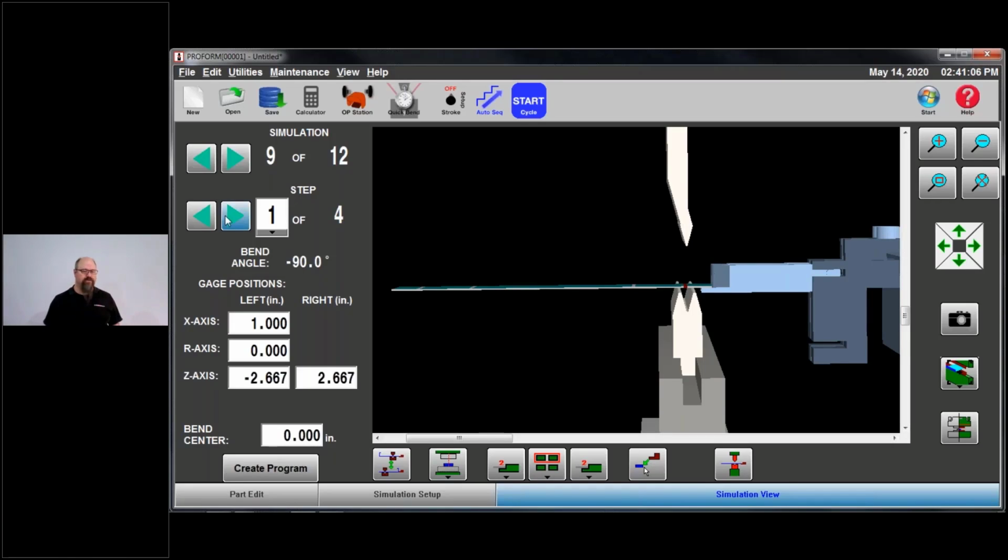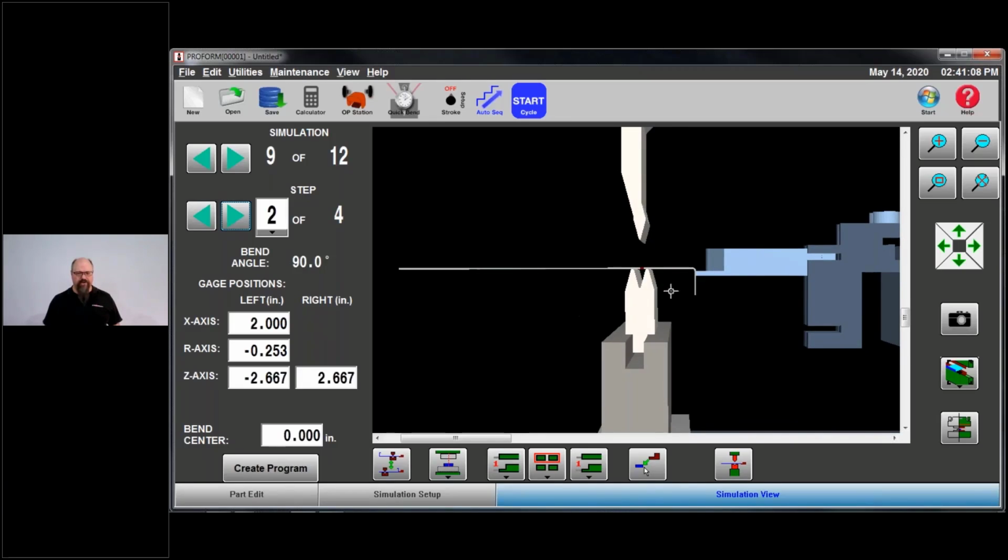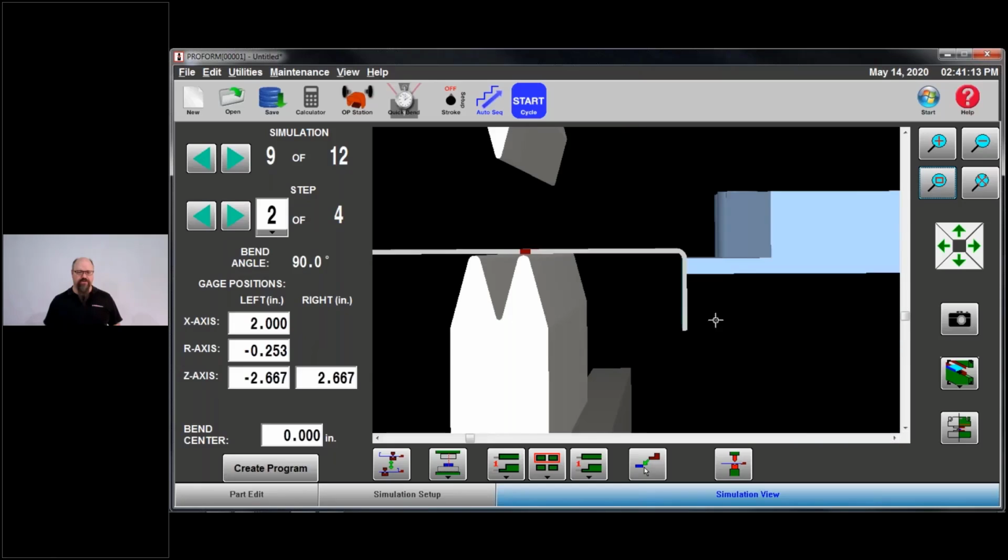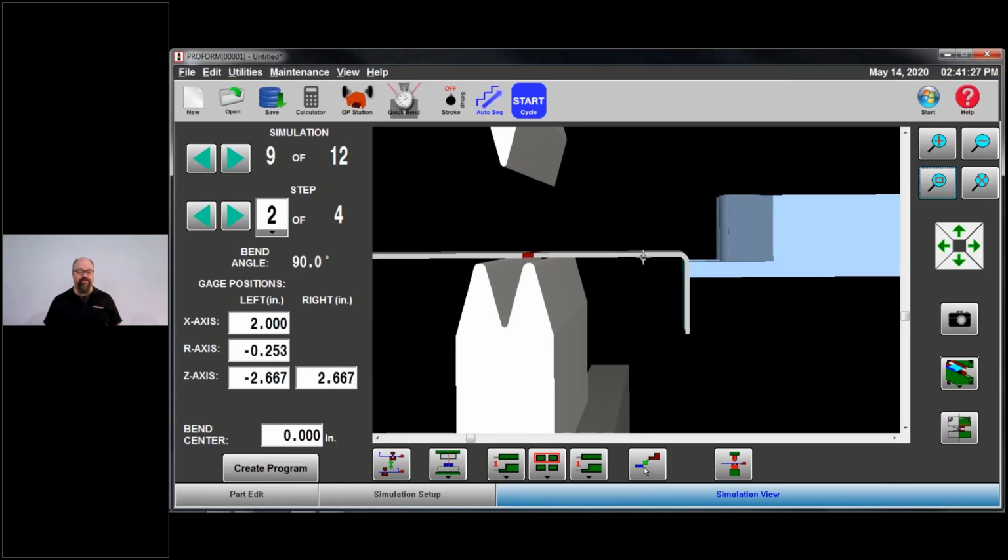I like that. So now I'm going to go to step 2. Now you'll notice I'm back on the edge of the finger, but you will also notice I'm a 1/4 of an inch down. If that 90 right there is not a true dead 90, the farther down those fingers go, the more likely I am for this dimension to be affected by this over or under bend on this angle.